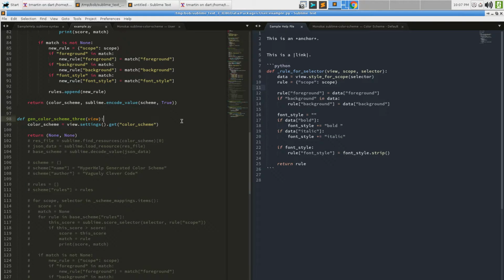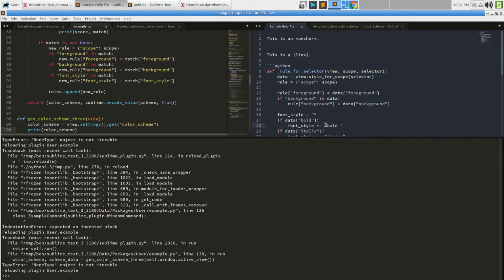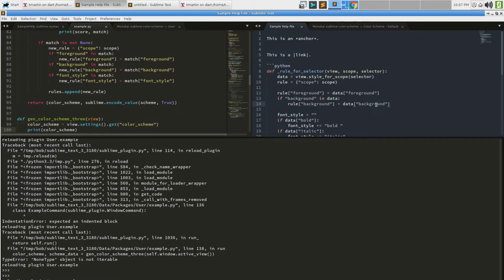Now here's the first problem. Run it, and we see that. Now, previously, we just saw Monokai.Sublime color scheme. And it works whether you have the old style of color scheme, which is the TM theme file.